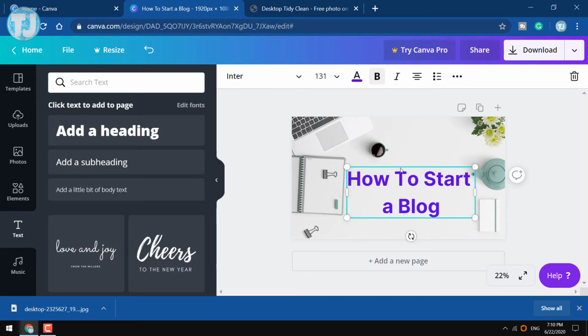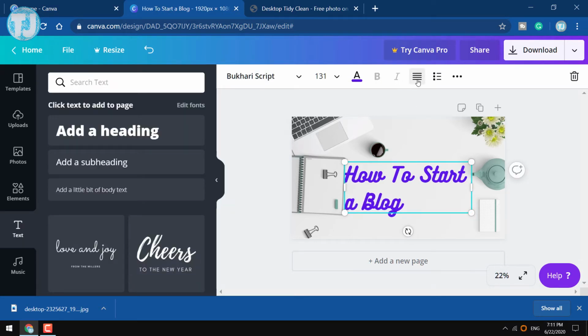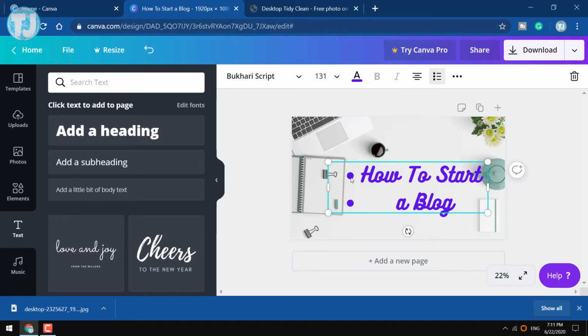Friends, you can make the text bold and italics by clicking on these B and I buttons above here. You can also align the text left, right and center by clicking on this align icon. Friends, if you want to add some points in your text, just click on this points button and it will add the points in your text.